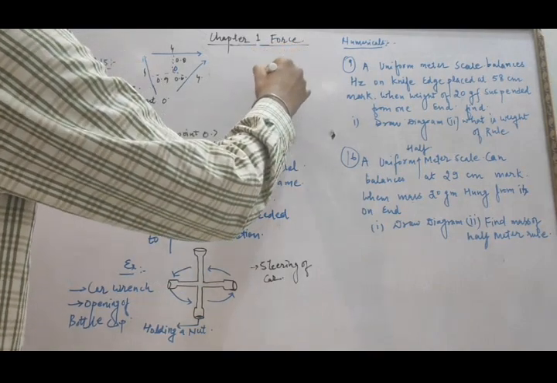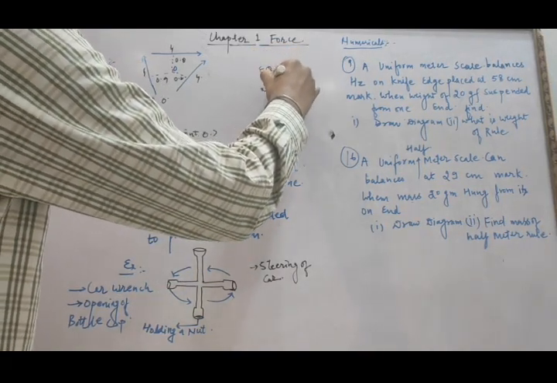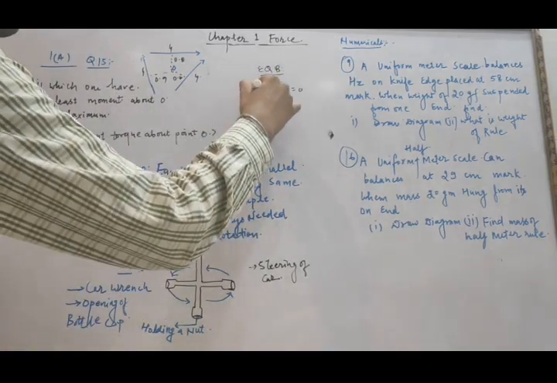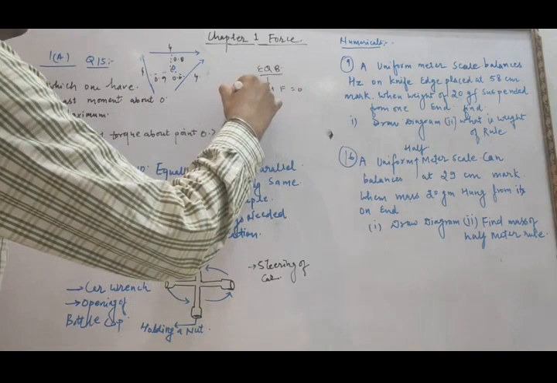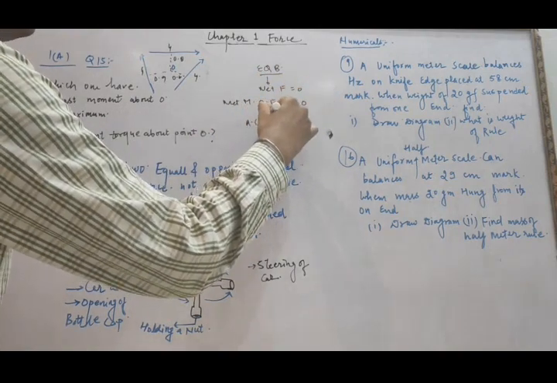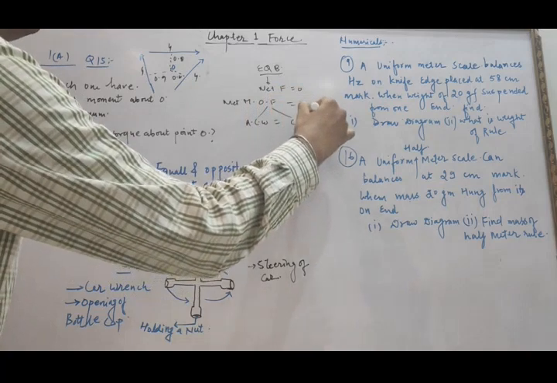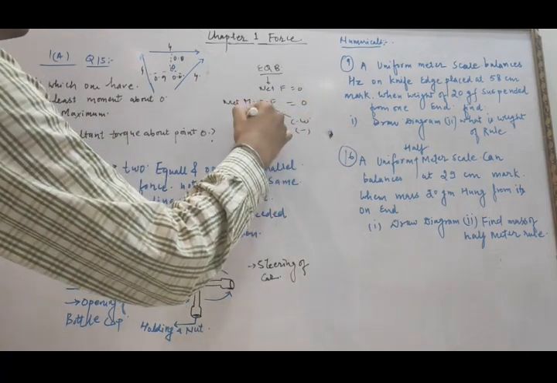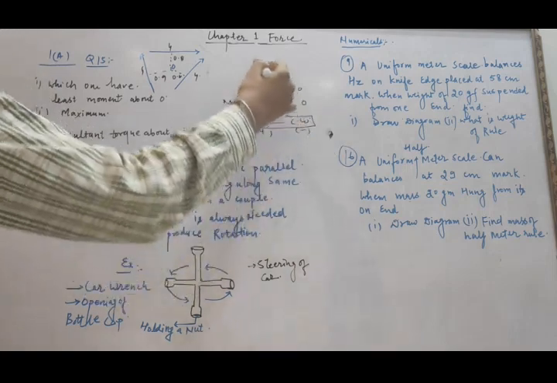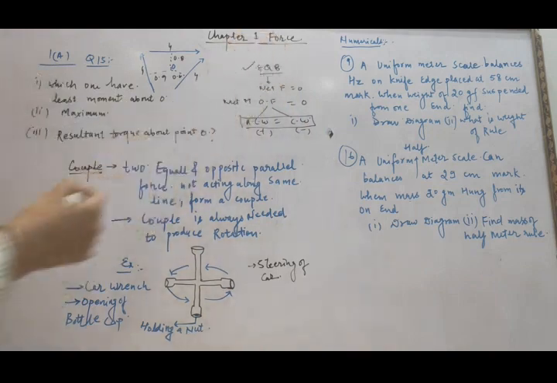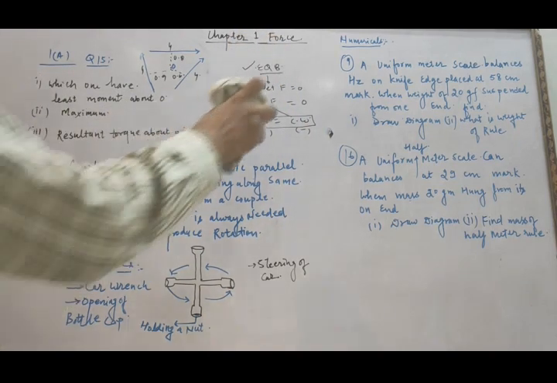In equilibrium we studied net force equal to 0. While in the case of moment of force, equilibrium means net moment of force equal to 0, which means anti-clockwise moment equal to clockwise moment. Clockwise moment is taken as negative, anti-clockwise as positive. The sum of anti-clockwise moments equal to clockwise moments will give you the value. Based upon this, we have already solved so many numericals.